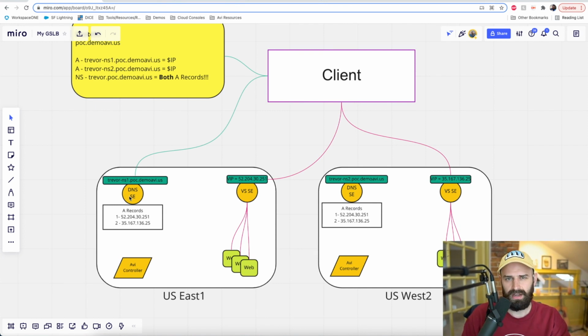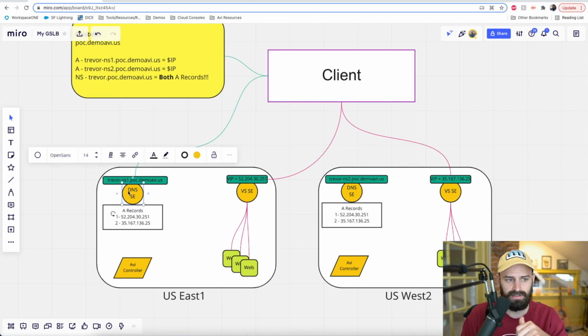Wouldn't recommend that for production. It's nice to have a separate pool of capacity for DNS requests. So DNS is pretty lightweight. You usually configure one or two small service engines to respond to that, unless you have a really high DNS requirement. But anywho, the DNS virtual service is one of the first things you've got to create,